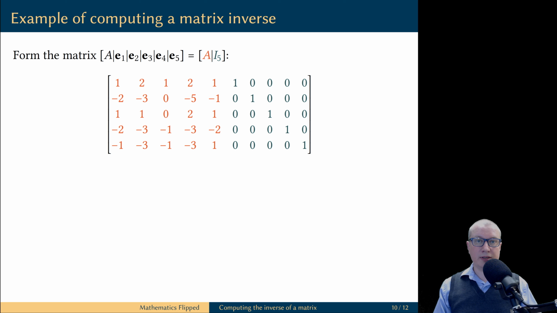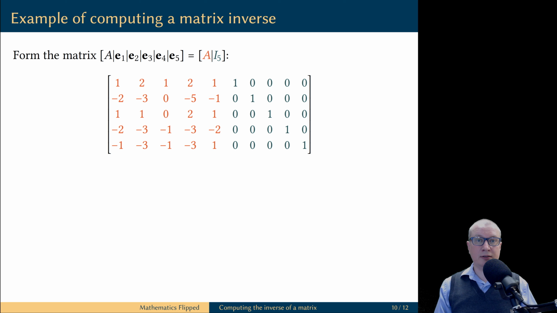Here is what I mean by this. Let's construct one big matrix where the first 5 columns correspond to the matrix A. But then we also add all the possible vectors of constants from all the 5 linear systems. These vectors of constants are the standard unit vectors. And if you look at all these standard unit vectors as one whole, you will see that this is nothing but the identity matrix of size 5.